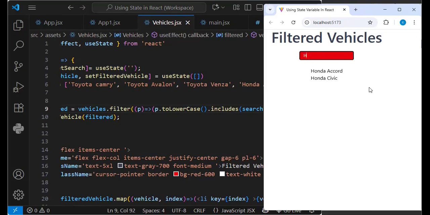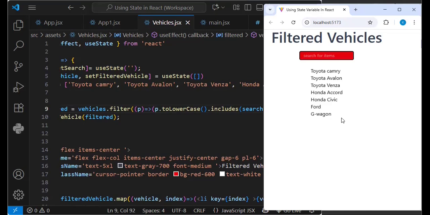If we do capital letter H, Honda Accord and Honda Civic will appear. Okay, if we do small letter H, they will still appear. It doesn't matter, it's not case sensitive. Okay, so this is what I wanted to show you guys, how to use useState and